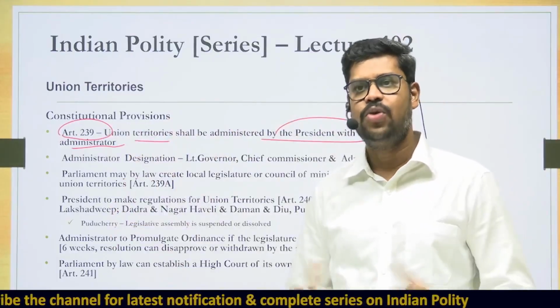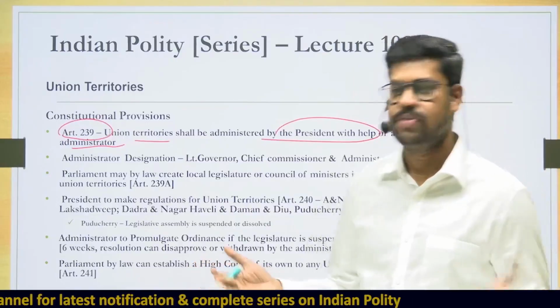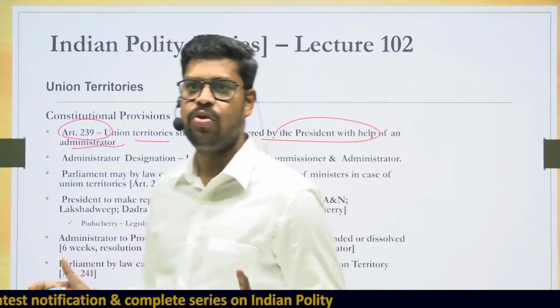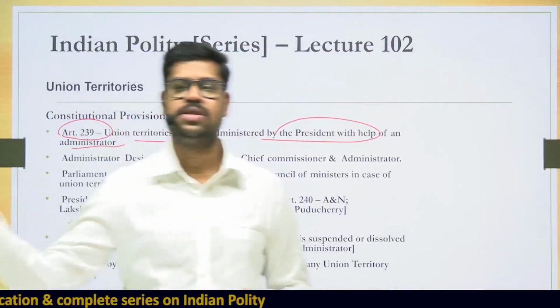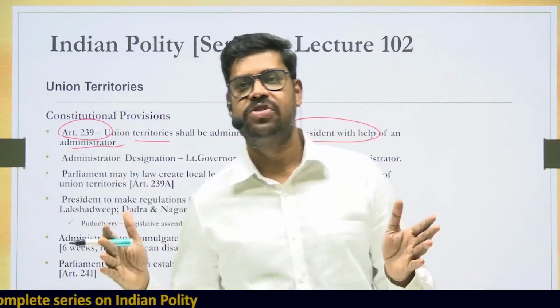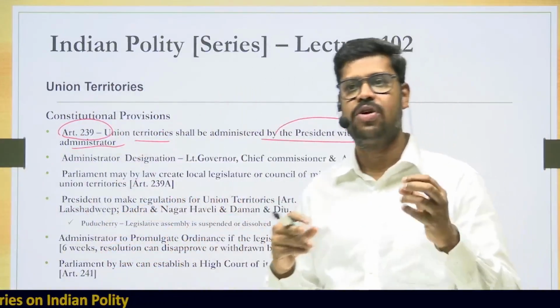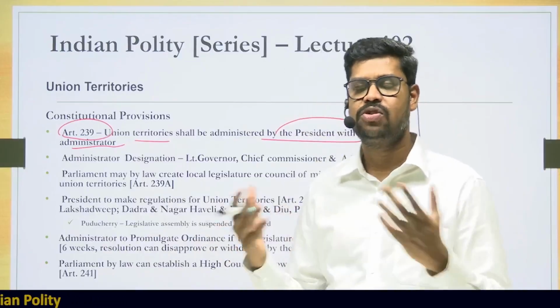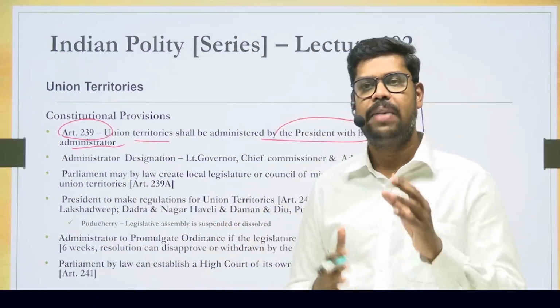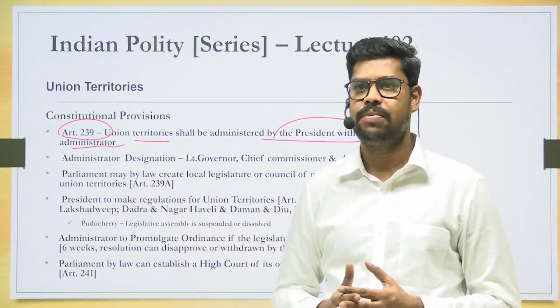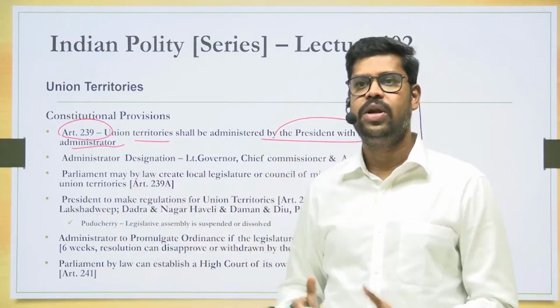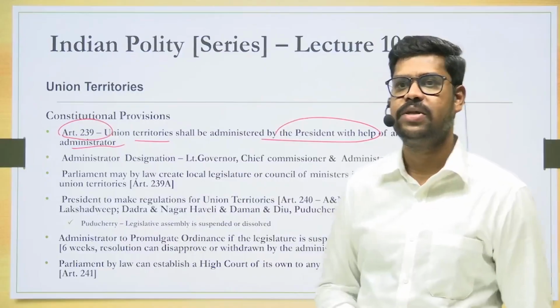So that is why the union territories are not in a federal relationship. The states are not under the control of the union. The states are independent authorities. Although there is a certain element of division of powers, a certain element of control that the union might have, because India is not a truly federal political system. But apart from those areas, the states are independent. Whereas the union territories are under the control of the President of India.